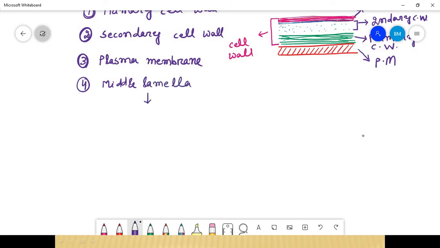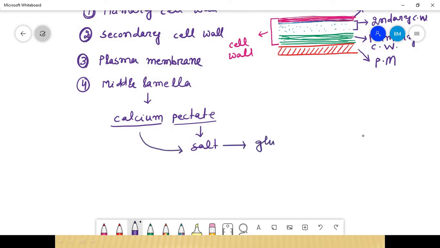The middle lamella consists of calcium pectate. Calcium pectate is formed of calcium and pectate. The pectate is a salt which is produced from calcium and acts as a glue, and it is the most responsible component which makes the middle lamella sticky or glue-like and provides rigidity to the cell wall